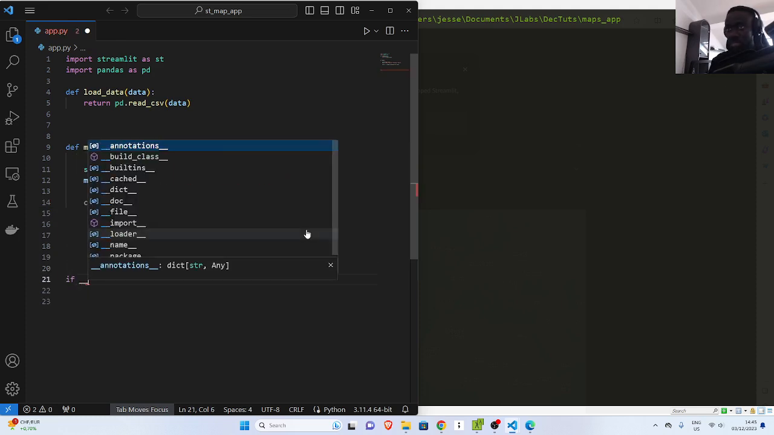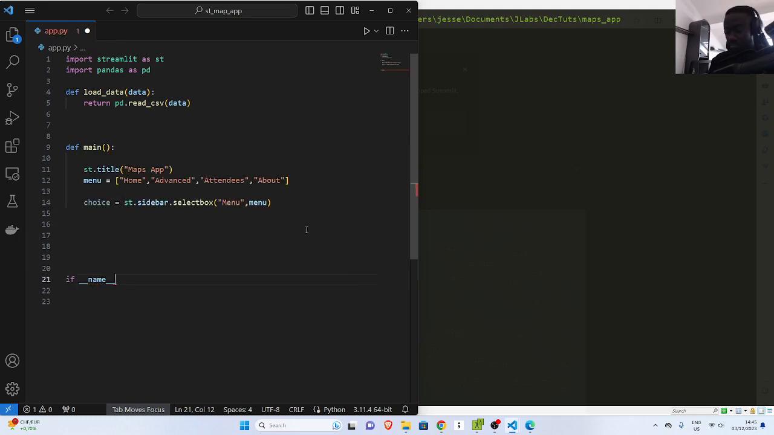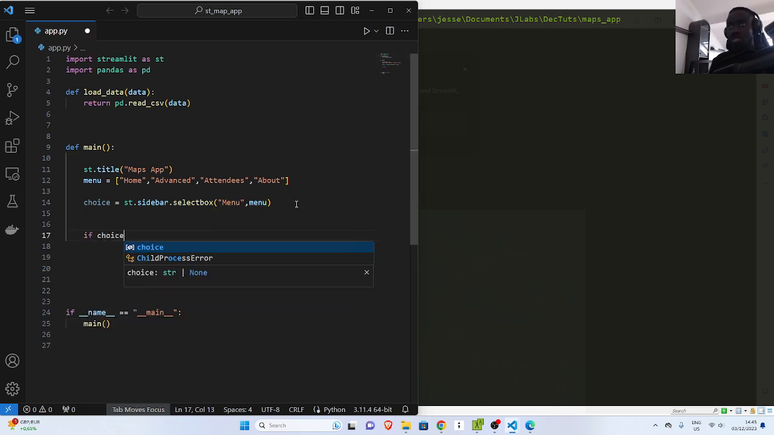So let's close our app. If __name__ is equal to __main__, so I can run it as a script, we're going to run our function called main. Perfect. So let's create it. If the choice is... you can also use the pages, but I prefer this approach because it's a simple